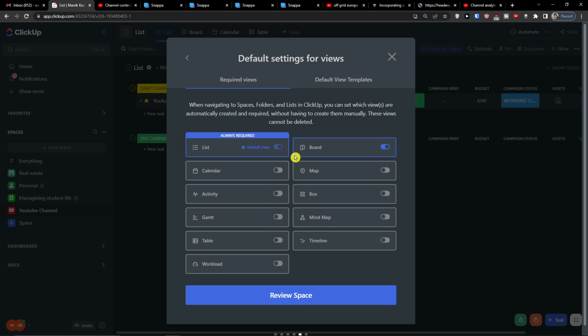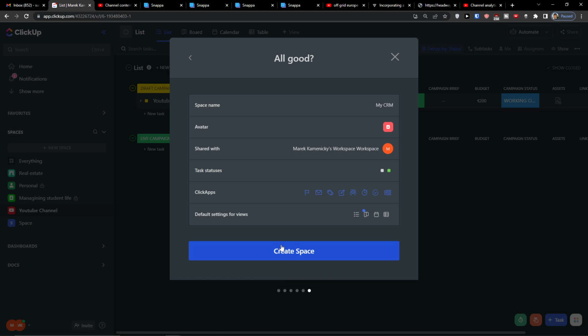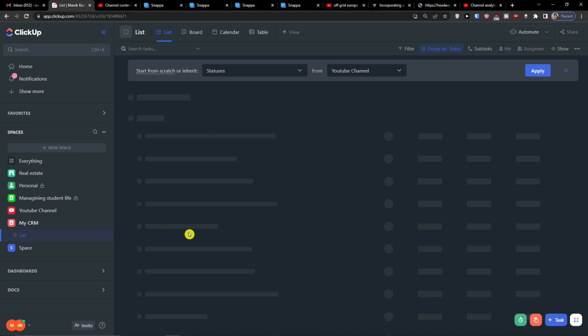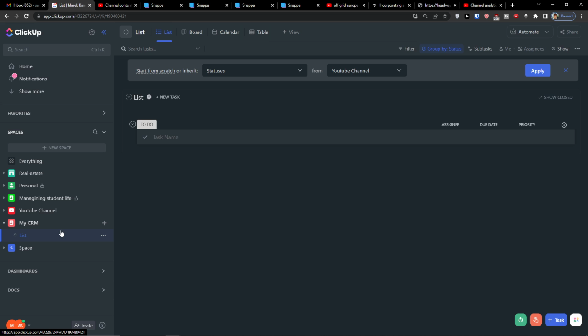Then click next. And here I also recommend adding a table or a map if you want to. Calendar is really great here. So that's pretty much it. And now I go further and click review space and create a space. So first things first, what we're going to add, we are going to add